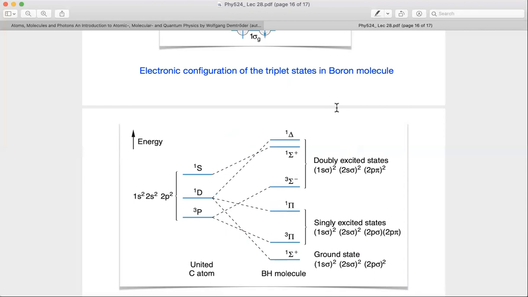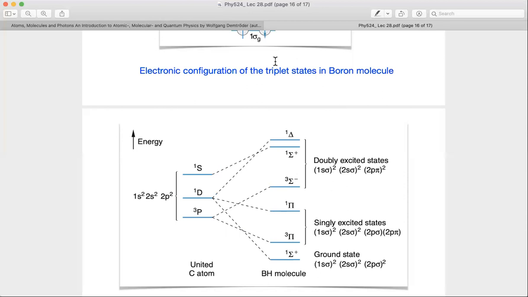Basically, let's say, on one side I have the united atom picture, which means, so this I'm looking at boron and hydrogen molecule, etc. Right? But boron, if I add the Z of boron and Z of hydrogen, then I get the Z of carbon, basically. So if the R of both of these nucleus went to 0 and the nucleus is merged, so this nuclear charge and this nuclear charge merged, etc., then they will form a C atom, etc.